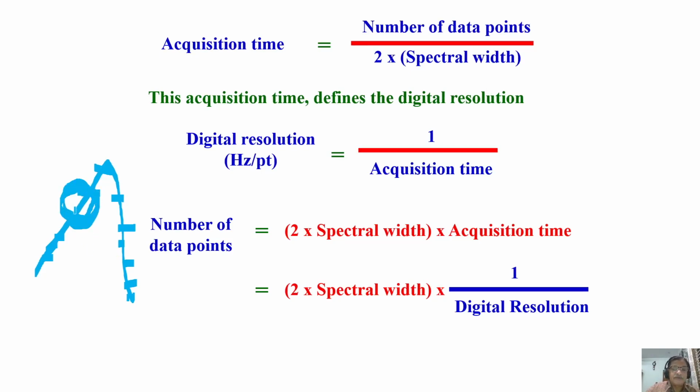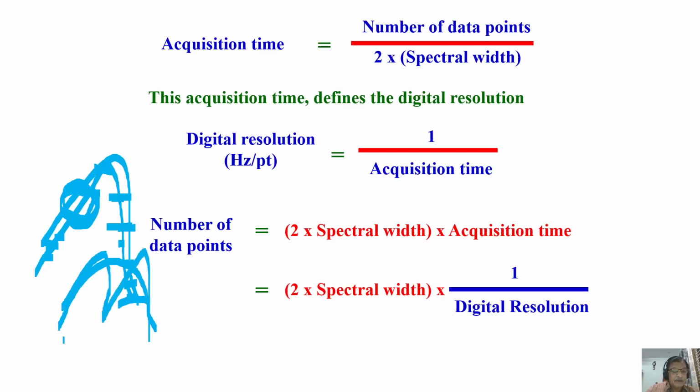time between any two data points, the hertz between these two data points, let us say, is what is called digital resolution. The digital resolution is defined by these two data points. Let us say I collect one data point here, another data point here, then you will not be able to resolve the spectrum at all. There is no digital resolution for it. On the other hand, let us say this peak has two peaks. Actually, it is a peak like this. That is a doublet. But you collect one data point here, one data point, and one data point here. Then you will miss the doublet because you are not getting good resolution.